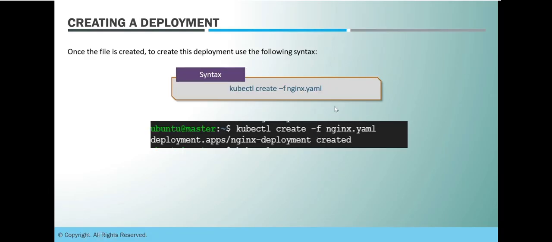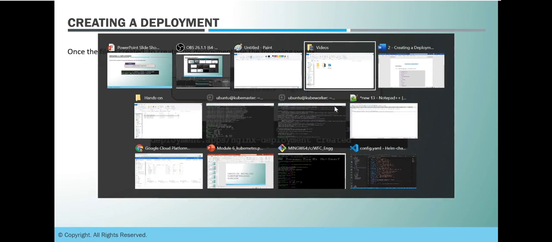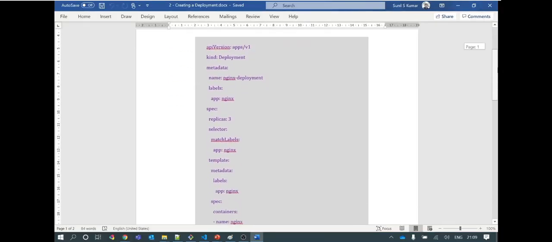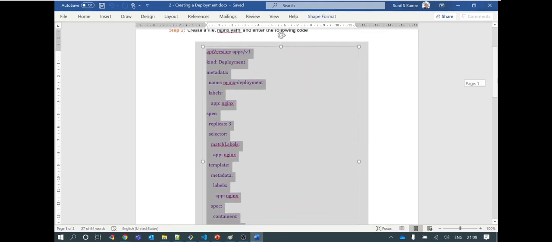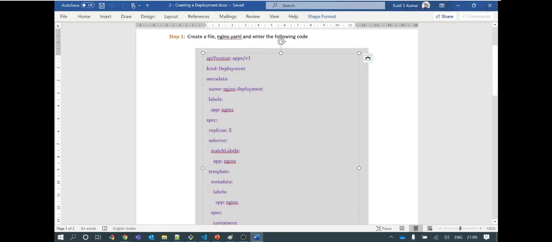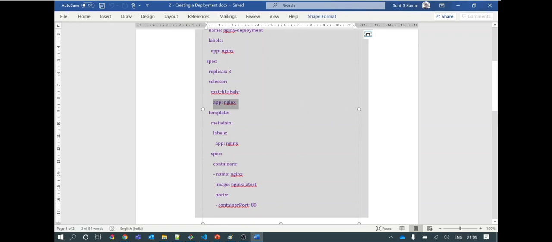So let's create this deployment in our VMs, in the control plane and Kubernetes cluster that we created in our Kubernetes installation exercise. Fine. So I have a document available for this, and here I have the same definition or YML file available. You can see clear indentation mentioned here: API version, kind, metadata has name and labels, labels has one label app, then specification has the deployment specification parameters, replicas, selector has match label, which label to match, app Nginx, of what, of pods that this deployment is going to create.